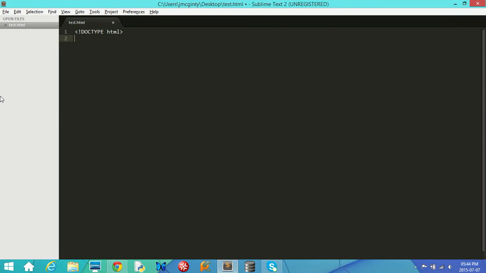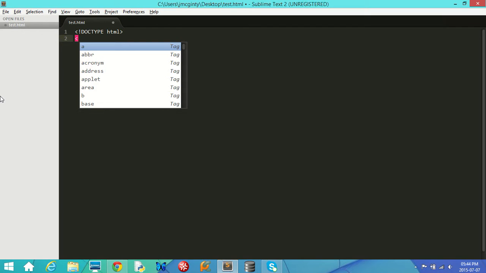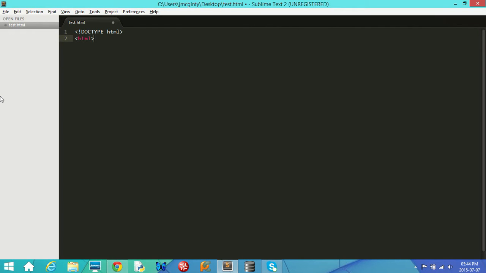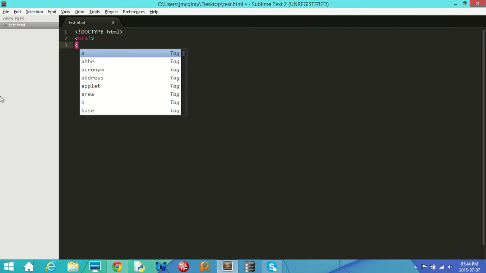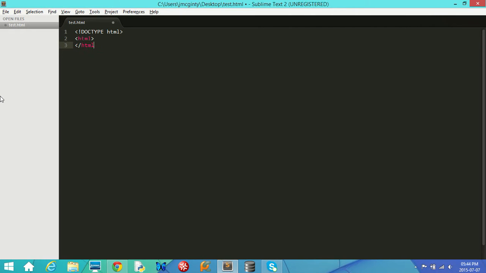Now, after this, you need to have a tag open and have HTML. And now whenever you create a tag, you need to close a tag, which is a / and then the close of the tag. So now we have your basic HTML, but there's nothing inside it. But let's run it anyway. So save your program,